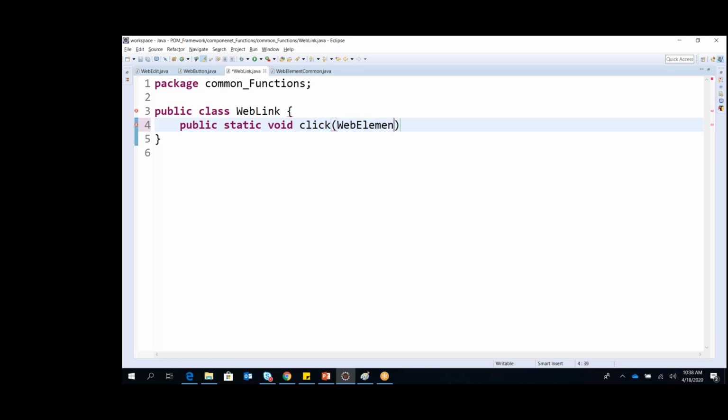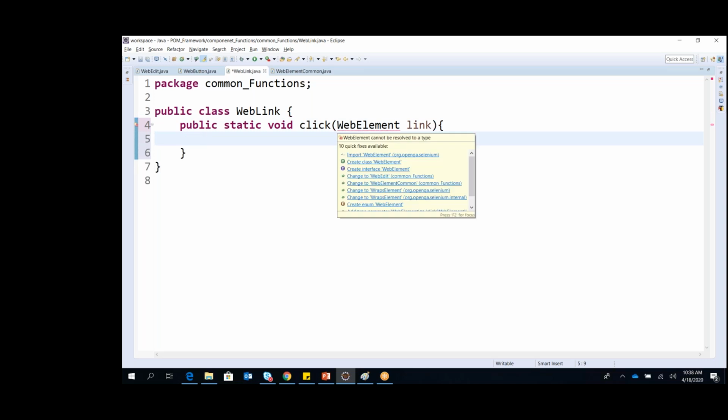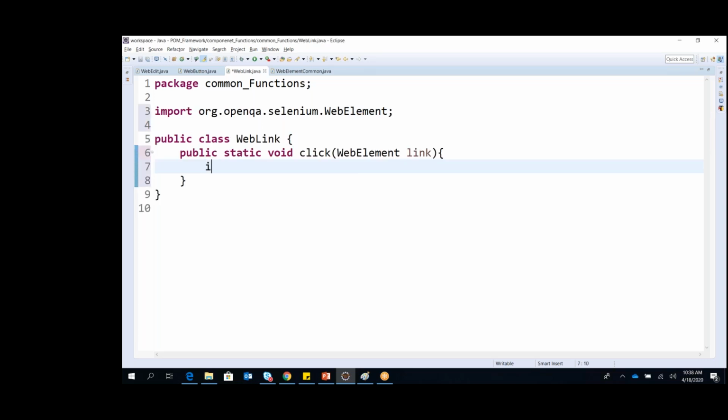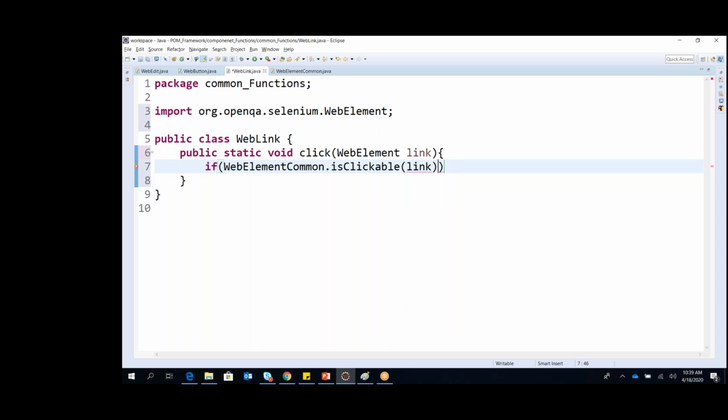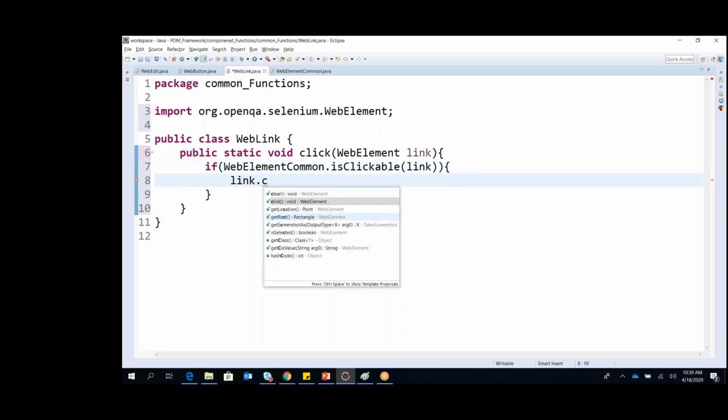I said a link, then web element link, and here again the same code. I don't want to take more time on this now. Is clickable, and we say link, and then we just do link dot click.